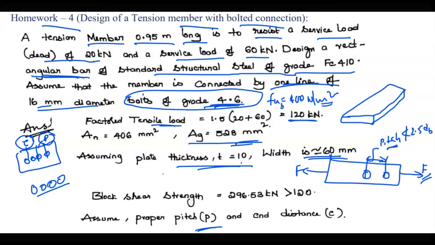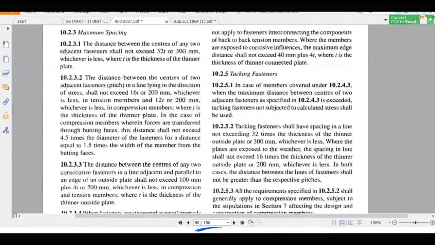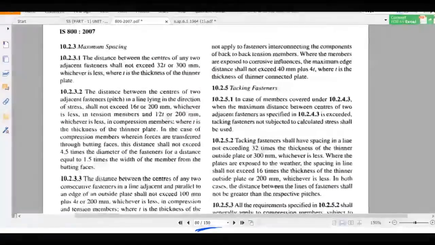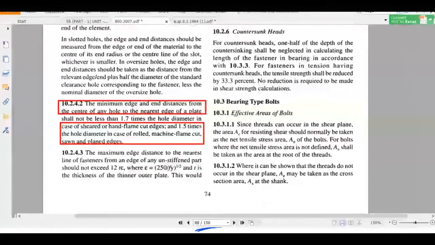And E can be obtained from this clause. Of course, we have maximum limit values also, maximum spacing, but at this point we do not need them. So here, the minimum edge distance or end distance from the center of the hole to the nearest edge of the plate should be 1.5 times the hole diameter in case of rolled sections. Generally the sections that we use are rolled sections, so you can just directly take this as 1.5.